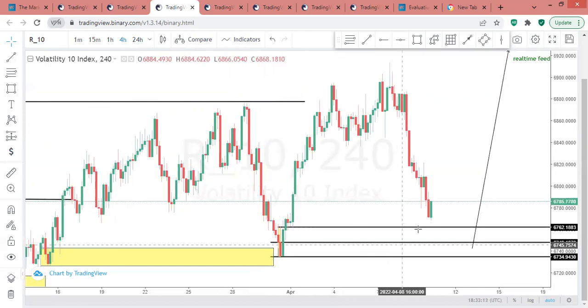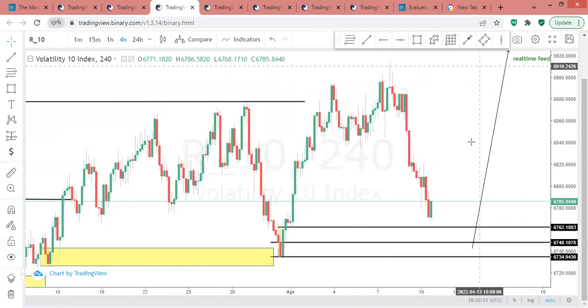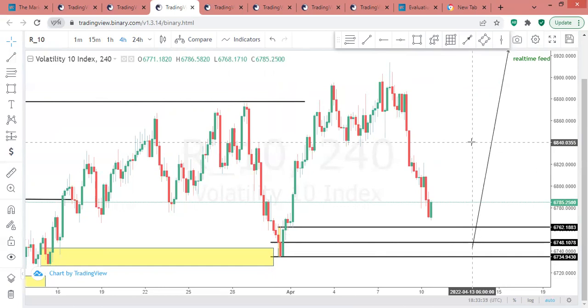So I'm looking at probably wanting to enter the 50% of this other block. I want to enter the 50%. That's why I actually marked the 50% of this institutional candle area. So that's why I'm looking to go bullish on V10, because the structure has been broken and the price is